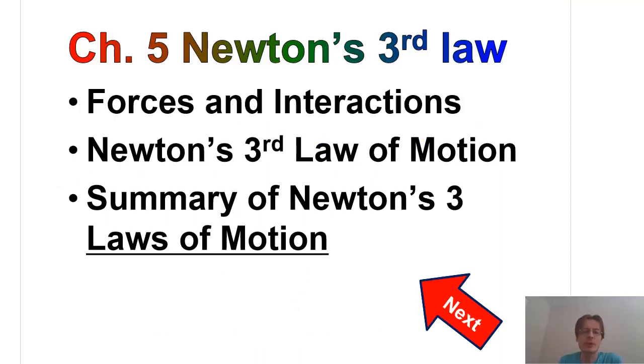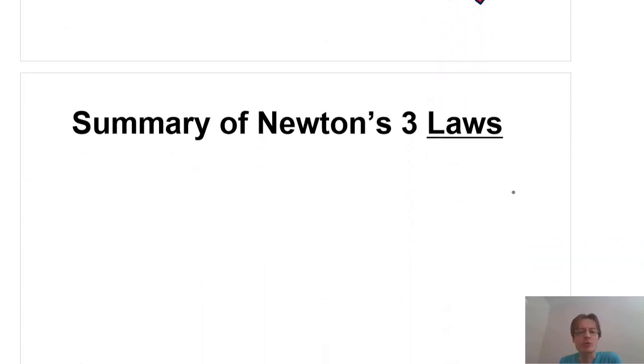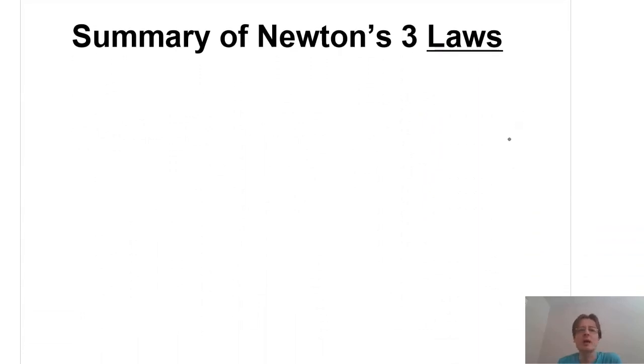Newton figured out his 3 laws of motion. He built upon the ideas of Galileo. I want to review now what those laws of motion are. They're universal laws that apply all throughout the universe. The first law is the inertial law. The inertial law says that an object will continue in its motion. It doesn't require any force to do that. More precisely,